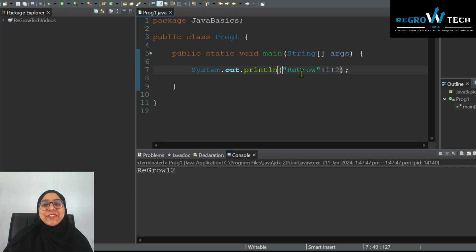Okay. So your answer or your output is ReGrow 1, 2. Now what happened here? Actually, nothing much. Since, like I told you earlier, Java starts reading your statement from the left-hand side. It has started by reading System.out.println, which is to print a statement, and then it read ReGrow, which was in